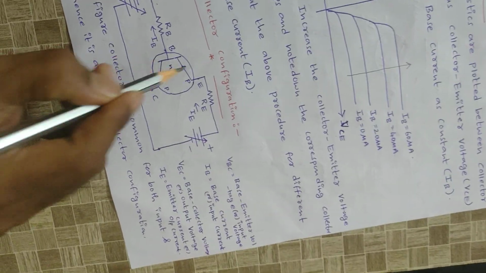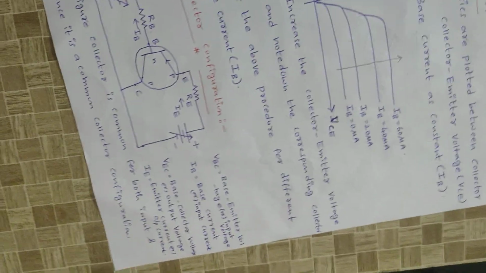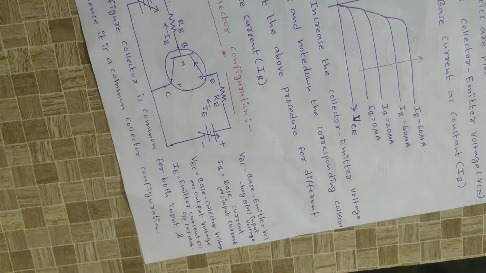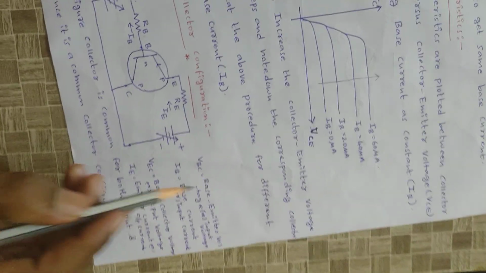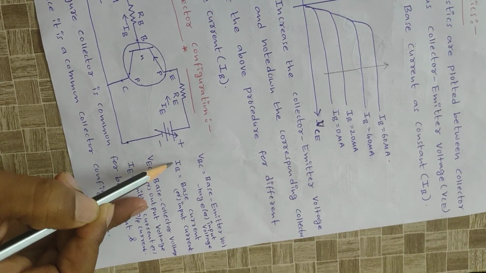Now see here, from this figure, same as the previous cases, input characteristics are plotted between input voltage versus input current, right? Here VBC is the input voltage and IB is the input current. Okay, now you can see here,